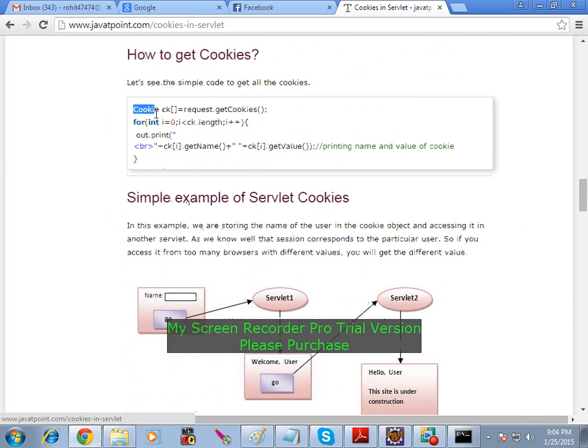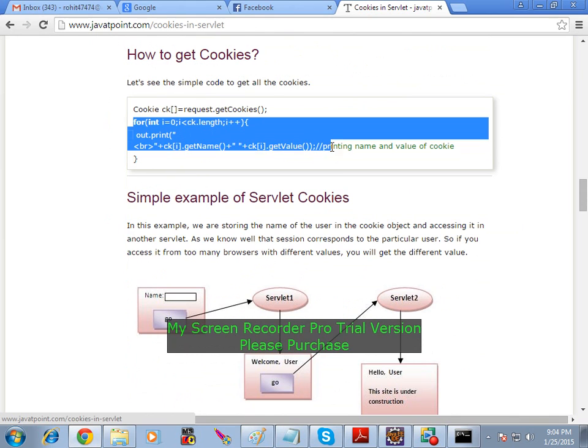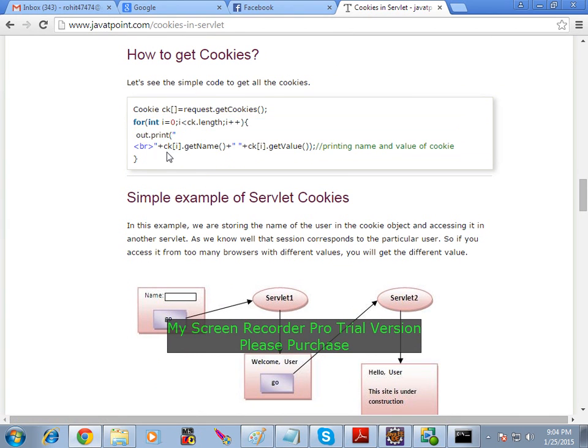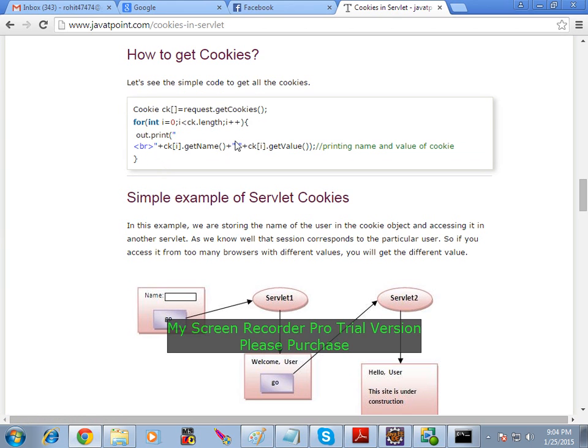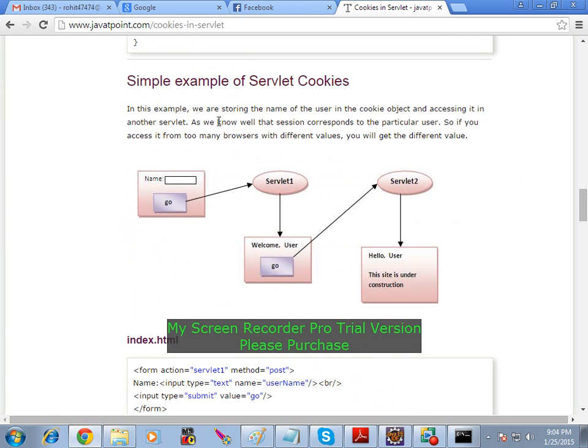Before that, how you're displaying? Same cookie for loop, and this length keyword is used, and to get the name and value. If you want both the things, you can get both the things. Directly value you can get it. Right? Understood? So here what is happening? We are having a simple application. Like say one text box value, they are trying to let's say from HTML servlet 1 and in servlet 2 they are trying to display it. So how they are transferring? By using cookies.